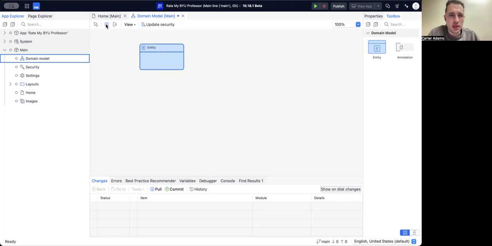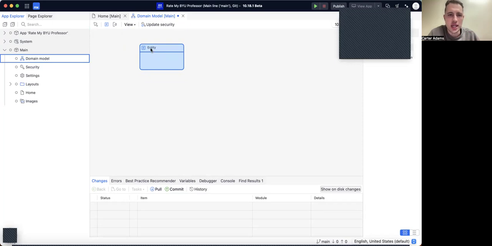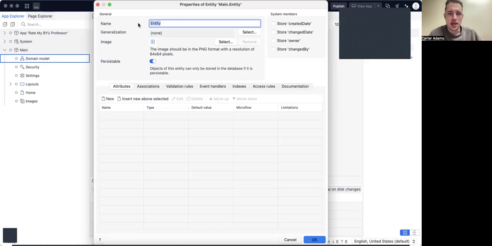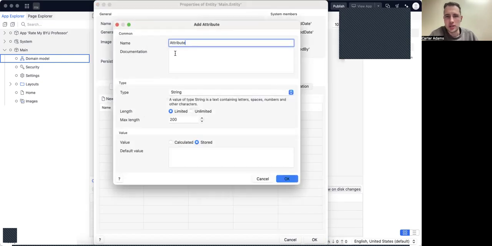So there we go. You just click this little E up here in the top left corner and drag out, and there's our first entity in the database, or the domain model, I should say. And then let's name it professor. For each entity that you create, you need to tell Mendix what types of data you want to associate with that entity and what types of data you want to store about the professor. To do that, you come down to this attributes tab right here and click new,